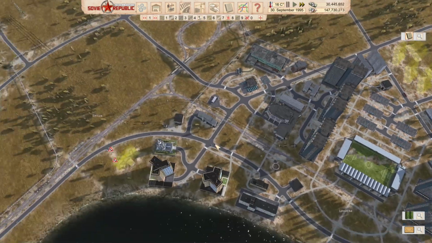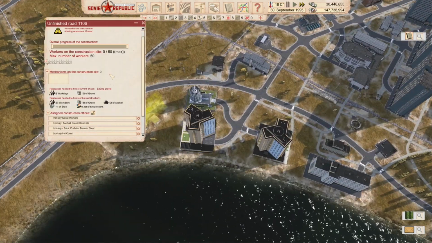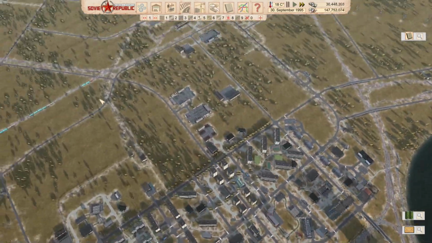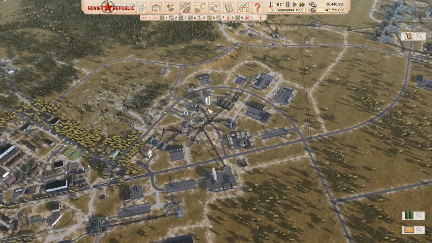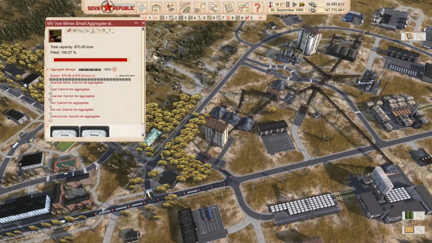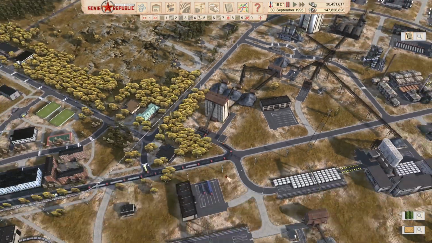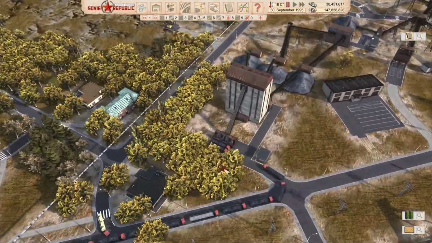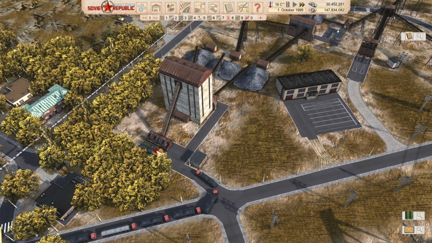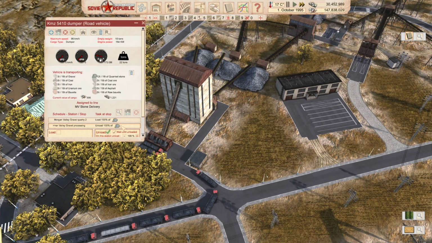This is way too slow. What's going on over here? Why is none of this working? Missing resources, gravel? Can it be? Oh crap. What is this? What is this? Yeah, understood, but why do you have the...